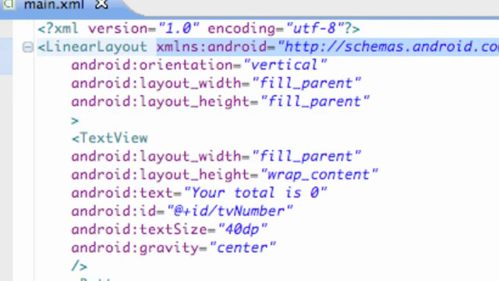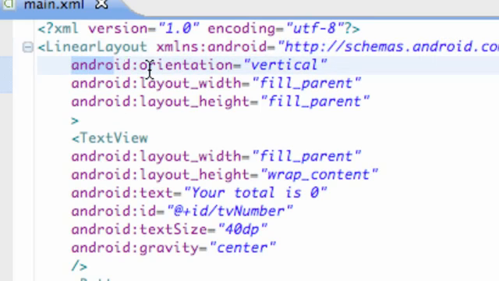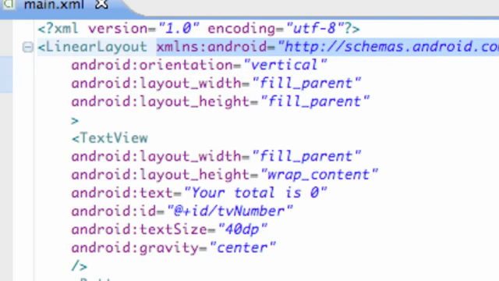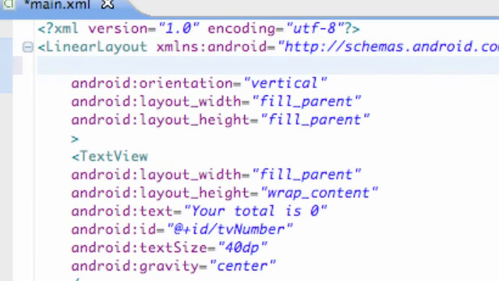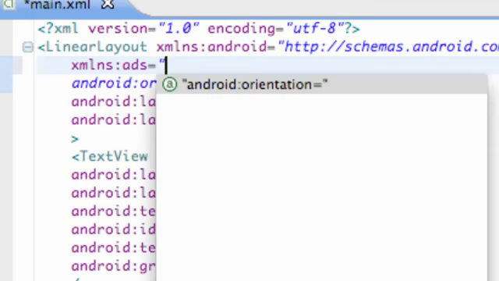That's all this is doing. I think I might have explained that, but that's just allowing us to use some of these android: layout or orientation and all that good stuff. So that's why we need to have a reference like this. But we're also going to have another reference for our ads. So what we're going to do is say xmlns:ads equals, and then we have to put in